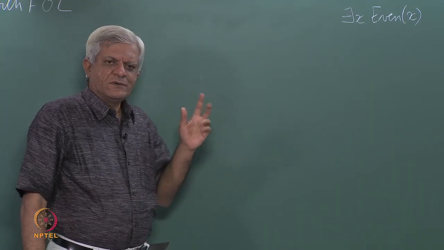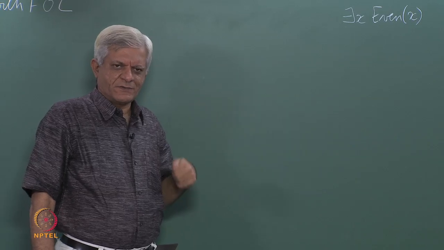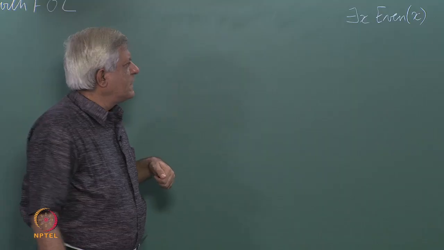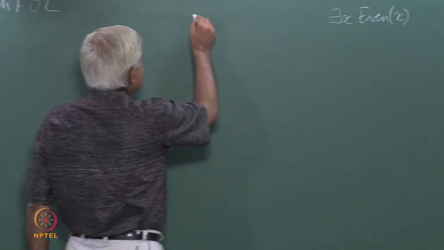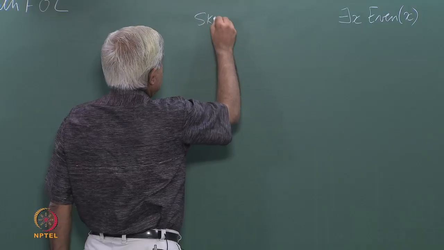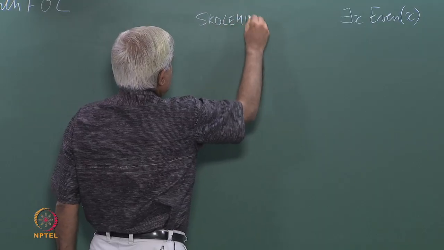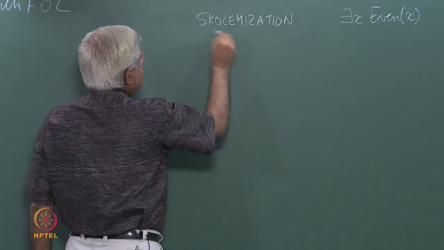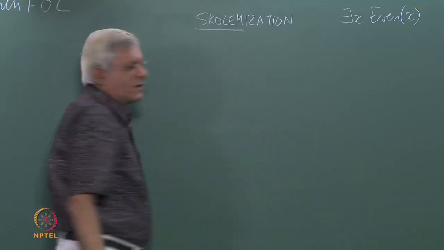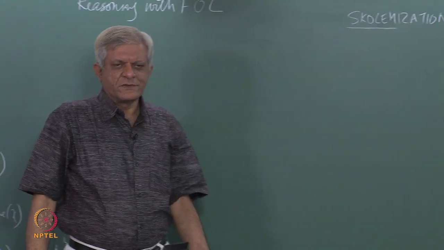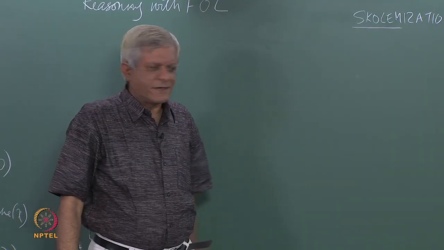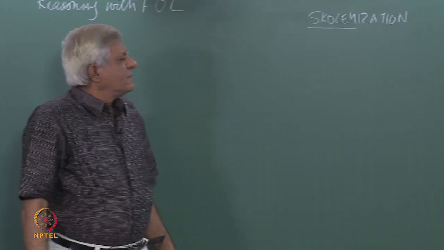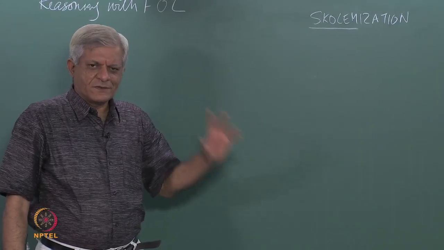The way to convert this into implicit quantifier form, and the process is called Skolemization, after a logician called Skolem, Thoralf Skolem, who first introduced these ideas, is by replacing it with a constant,